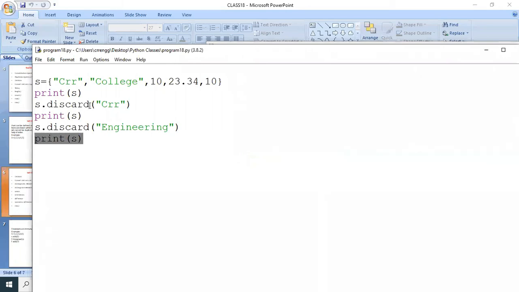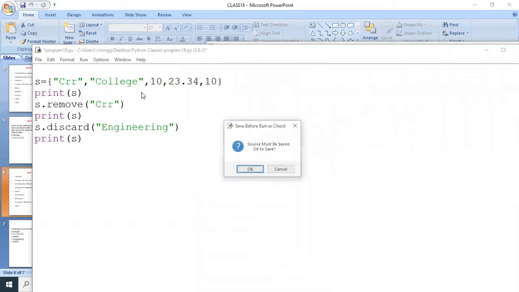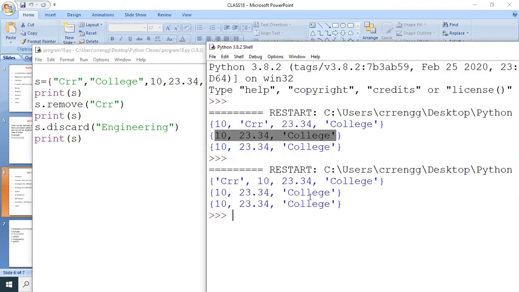For example, instead of discard, if I use the remove function and execute, we get the same output. So by using the remove function also, we are going to remove the element from the set.